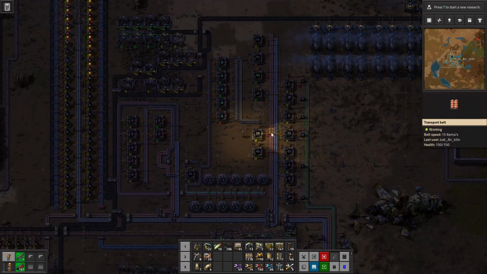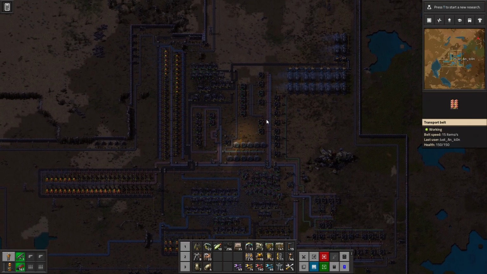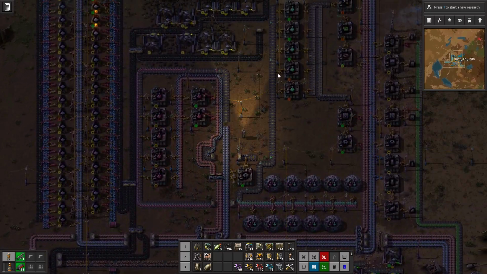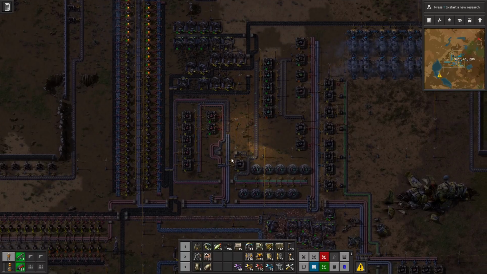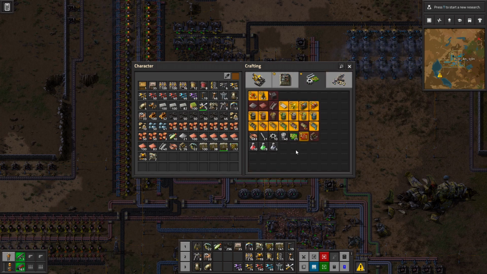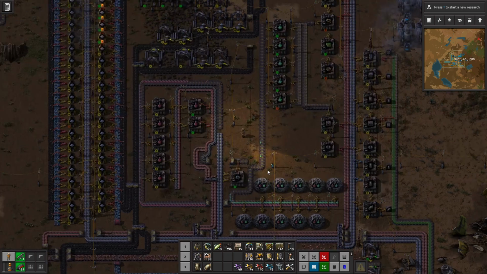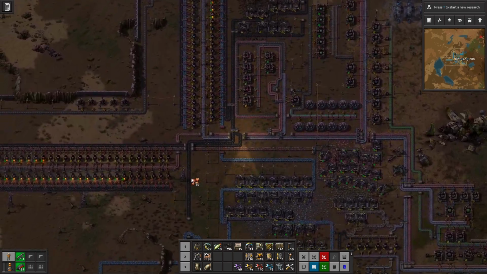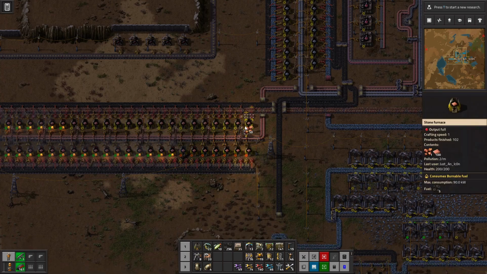So first of all, we need to check out, do we have enough room for what we are planning to do? So we're going to go today on an expanded production of red and green science, and if everything works out as intended, we're going to go for the gray science packs as well. So first off, I'd say yes, we are pretty much okay space-wise,